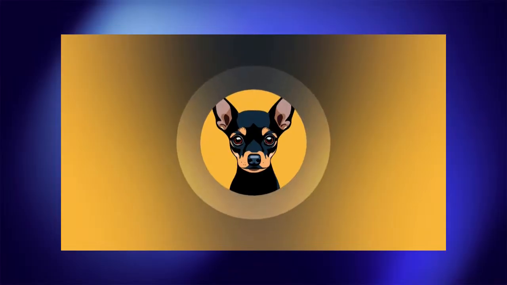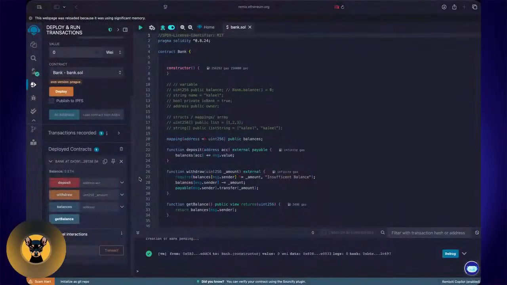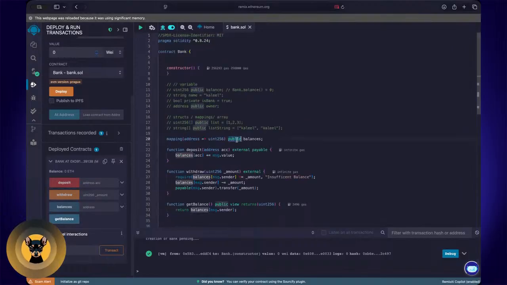We see the balances. So with the withdraw, deposits, balances, and then get balances. As I've already said, since I've declared these balances as public, anyone can view them. So let's just start with deploying.